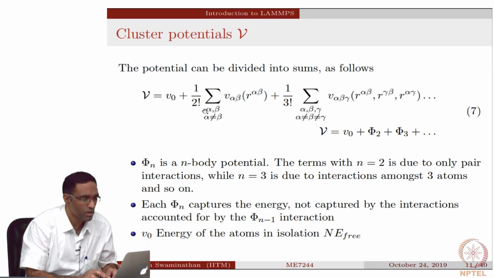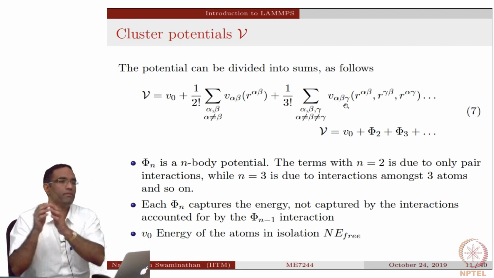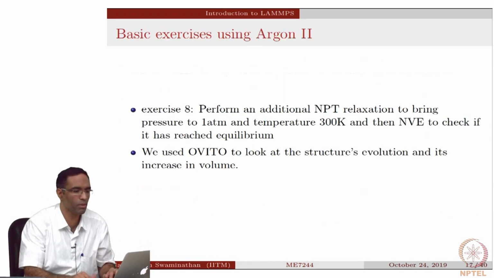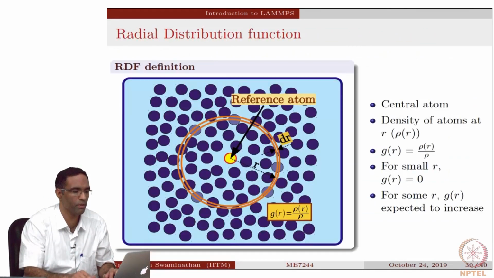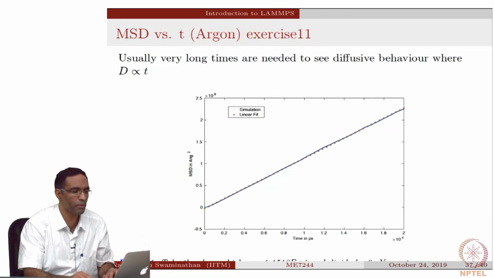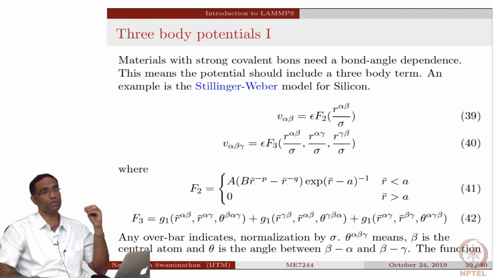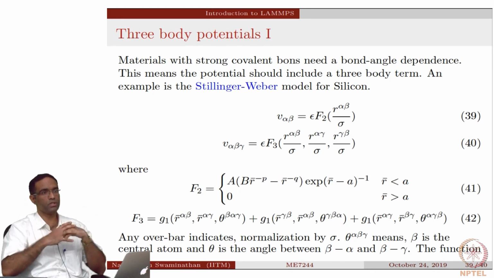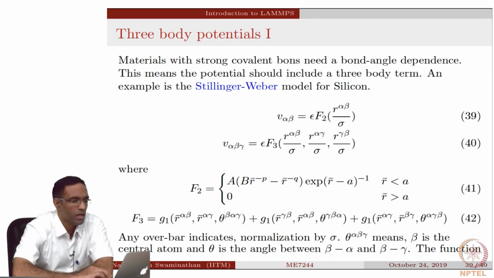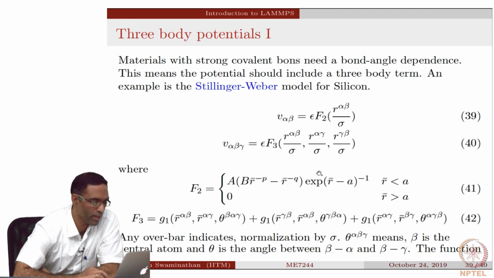So the class of pair potentials comes under this, and if you have an additional potential, the three-body potential comes into the picture. One example of that is the Stillinger-Weber potential, which is used to model solids with strong covalent bonds, like for example carbon, germanium, silicon. Diamond structures in these materials are very often modeled using this Stillinger-Weber potential. The potential turns out to be quite complicated